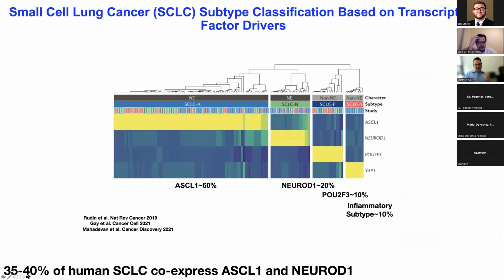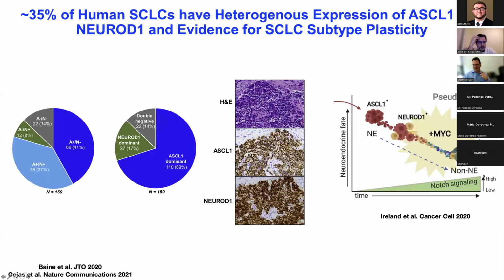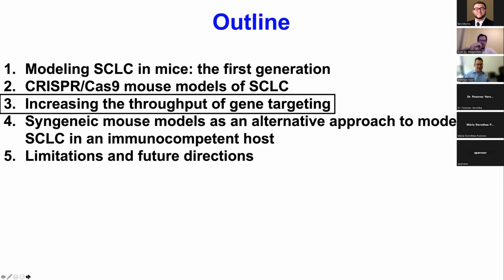And so, I think this, together with the MYC model from Trudy Oliver's lab, models different aspects of NeuroD1 small cell. Our model is still, I'd say, more of an ASCL1 dominant model, where we see gain of NeuroD1, but it retains ASCL1, whereas MYC is such a strong oncogene, it's really driving NeuroD1 in a non-neuroendocrine phenotype. Okay, so I think this was just an example of what we can do with the all-in-one CRISPR-Cas9